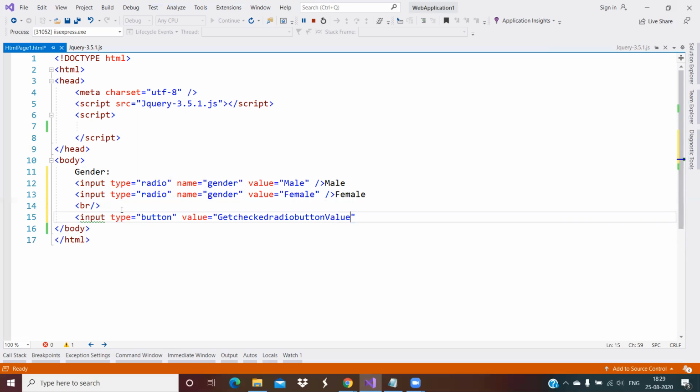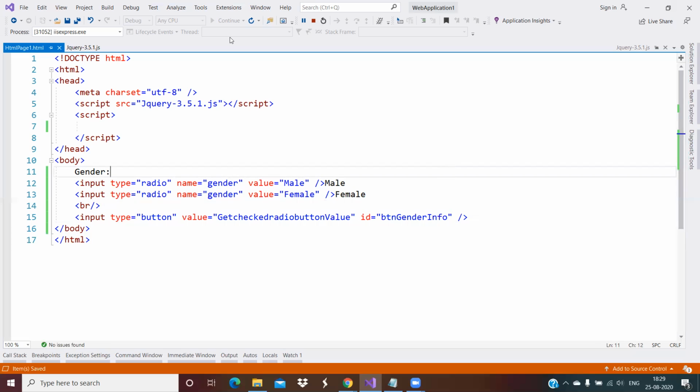So this is the button name, and I provide a unique ID for uniquely identifying this button. So btn, suppose I'm writing gender. Okay, so I close it. Button gender info, a meaningful name. So I close it.